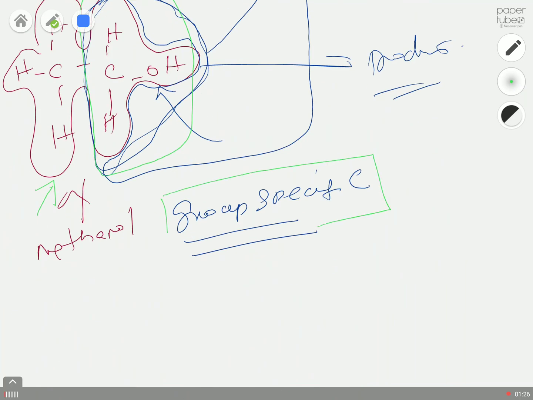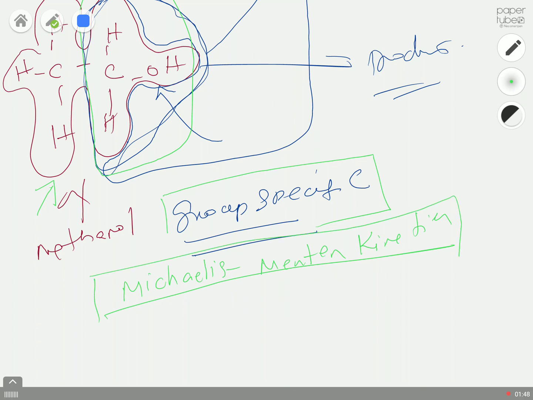We need to know this type of property of enzymes for a few specific reasons. We will come back to that when we derive the mechanism and kinetics. Probably I will try to finish this in this lecture. I'll try to derive this whole expression. So there is a reason. Your enzyme will have some catalytic property, and it can act only on a particular reactant and give only some particular product. Enzymes have these beautiful properties, so we call them specificity.